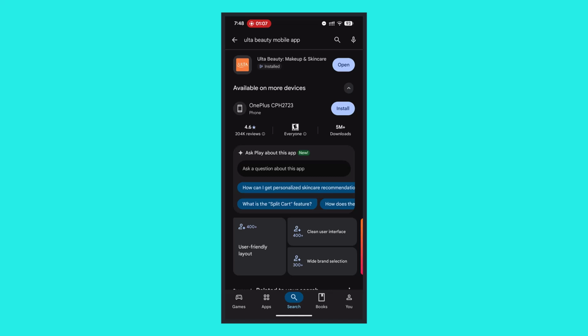In some cases, if you are using any sort of VPN, then you might also want to disable that, as it can cause issues. And if nothing works out, a simple restart can also fix it. You might want to try that as well. So these are some of the ways you could try to fix your